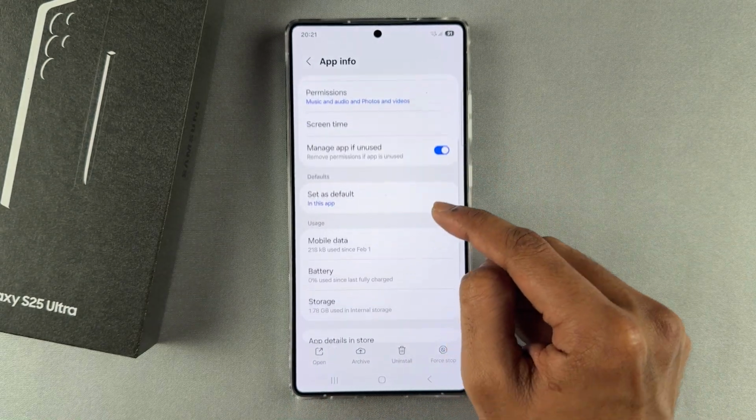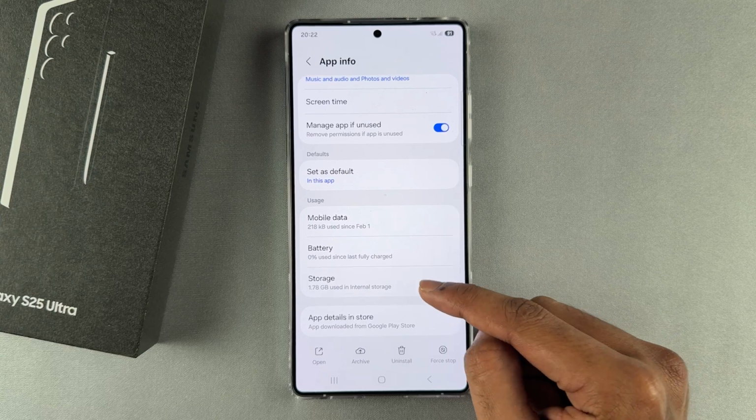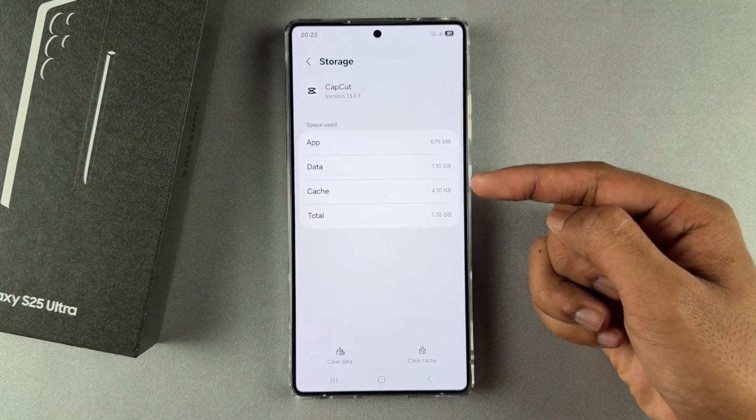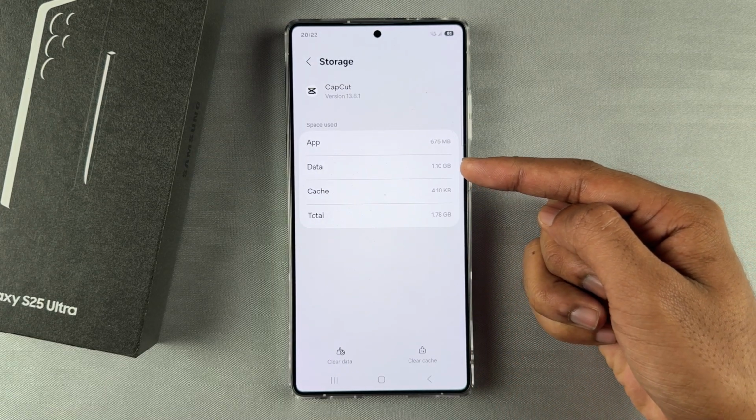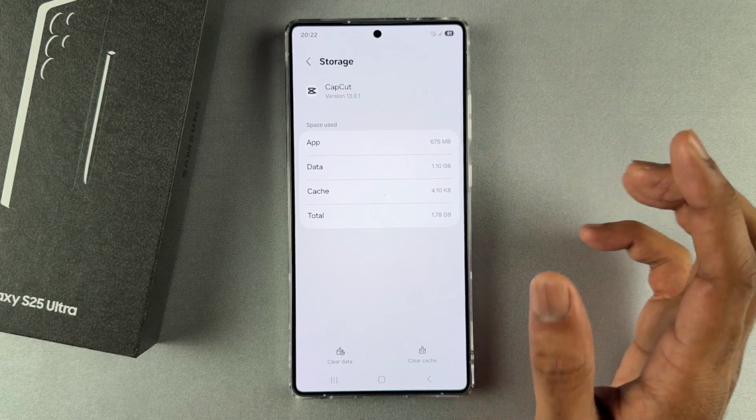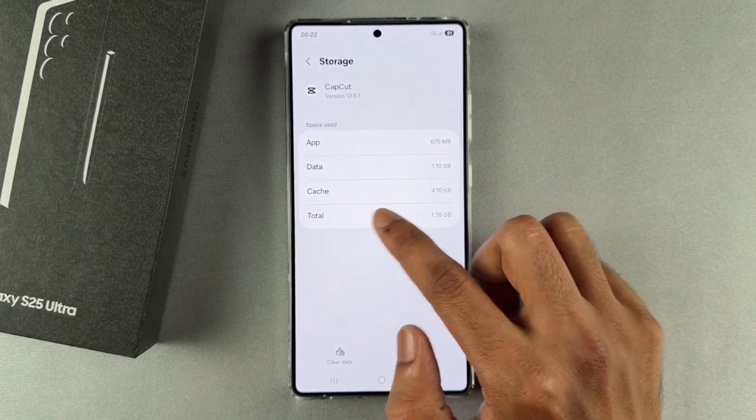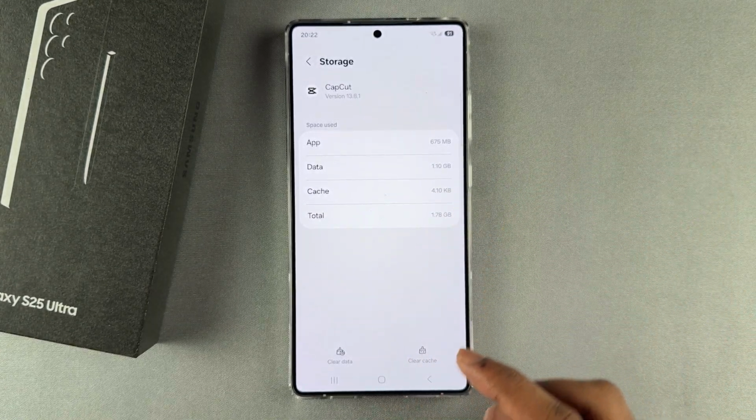So you can just tap on it and scroll a little bit and you will find storage here. Now from here you can find the cache file or the data. So if you find that the cache file is too large, then you can just tap on